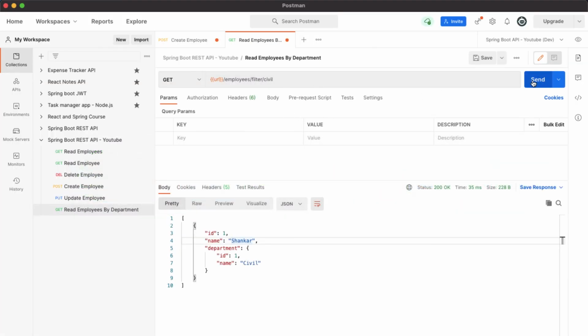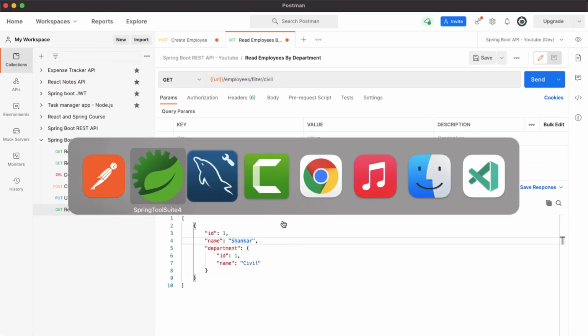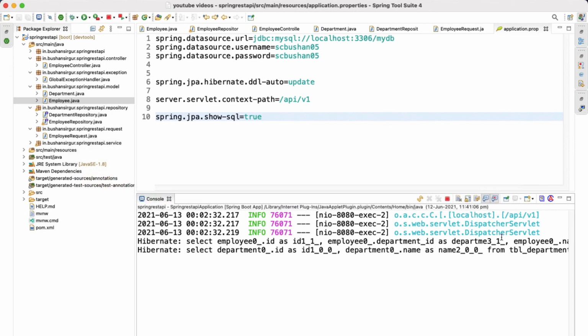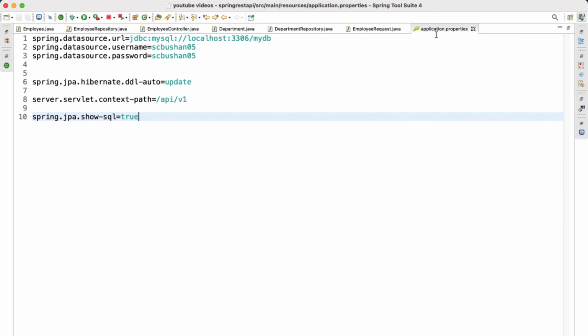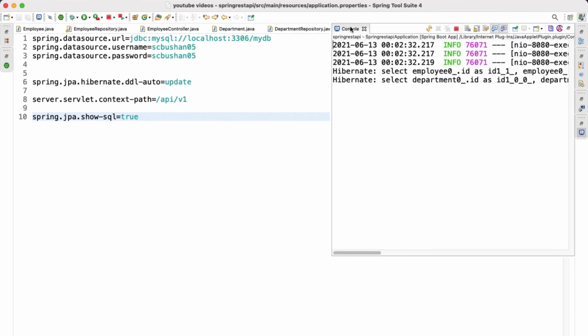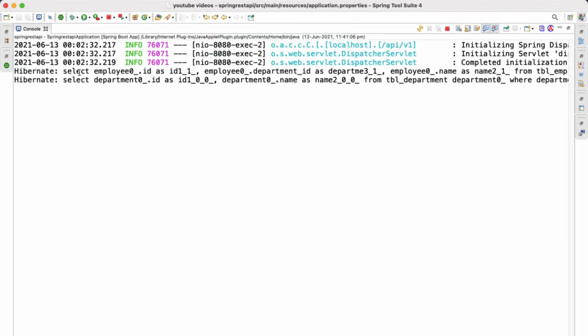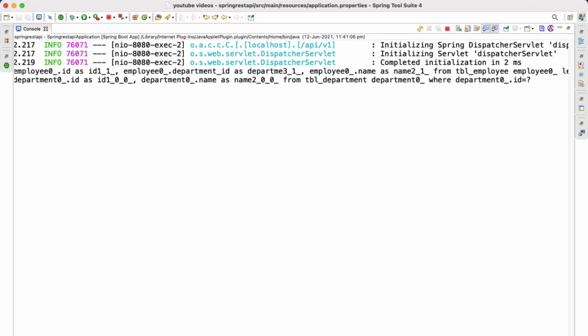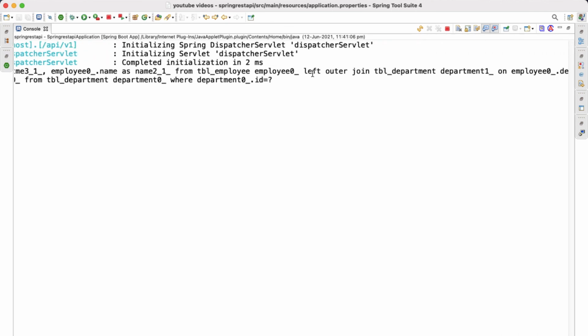When I click send and go back to the console, you can see there is a SQL query that has been executed. In the first SQL statement, you can see left outer join. Using the left outer join, JPA converts that query method and fetches the records for us.